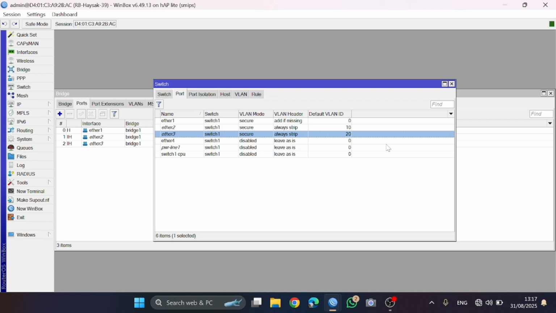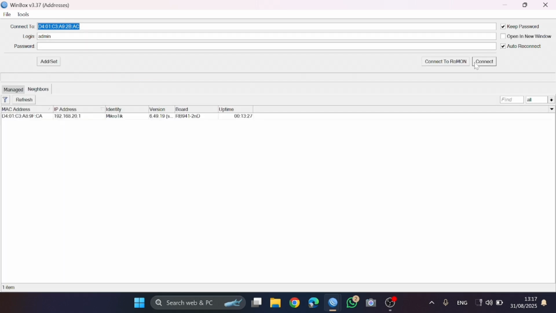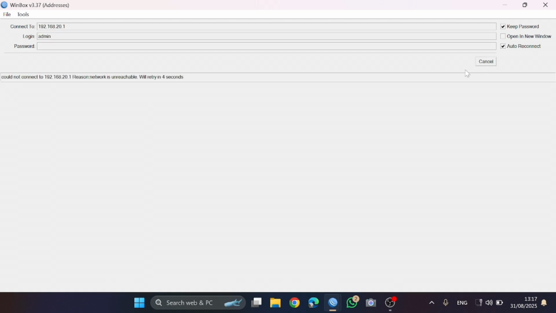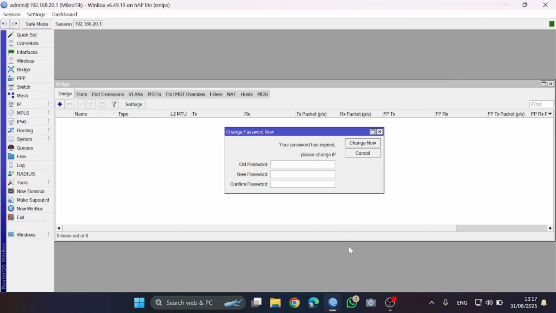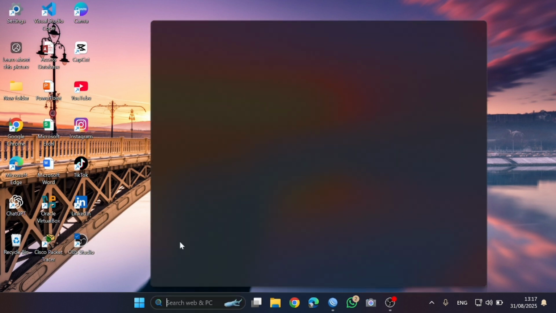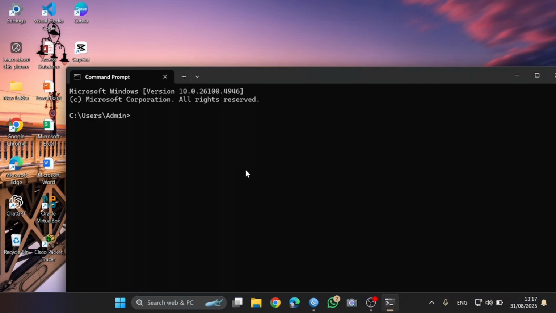Click Cancel and connect. Click CMD. Then ping 8.8.8.8.